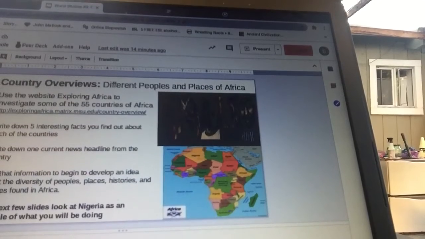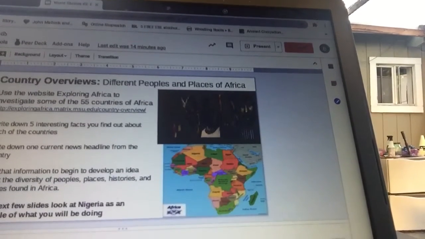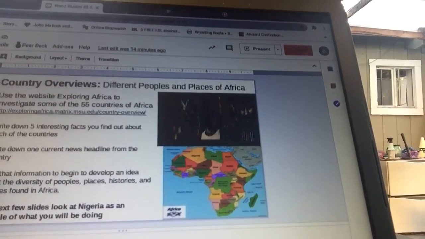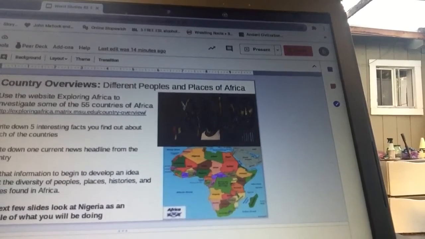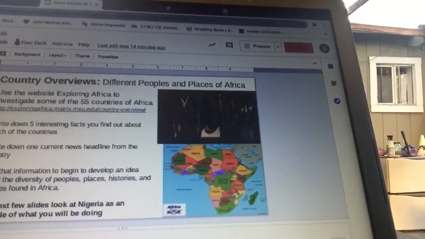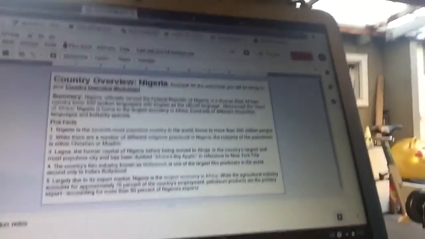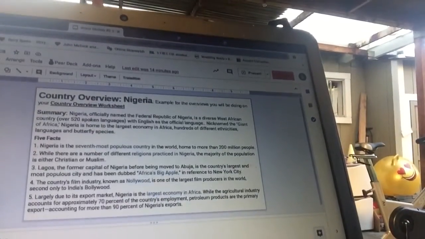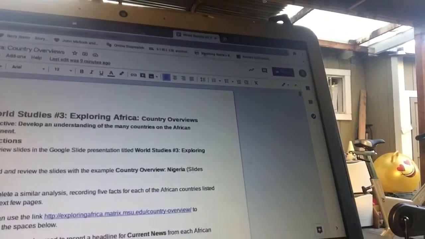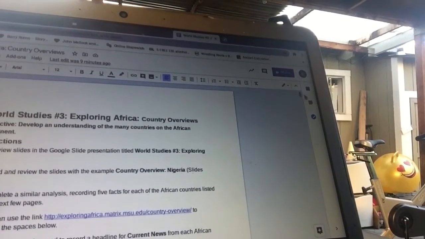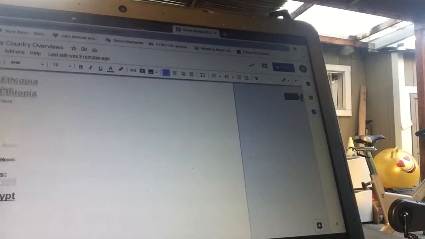And then to give you some idea of why you're doing this assignment and what the assignment will look like, I did a country overview. This will be the worksheet you're doing. I did a country overview of Nigeria. Just like what you're going to be doing, this country overview slide does what you're going to be doing on your country overviews worksheet.